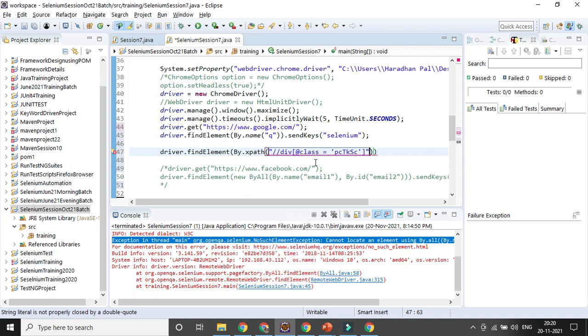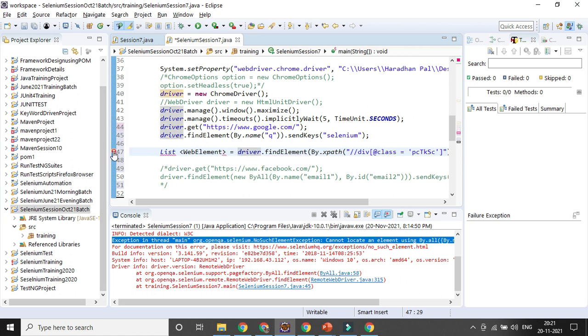As this is find elements, you need to store in a list. I could store all the web elements here in a list of web element, because the return type is list only, list of web element.